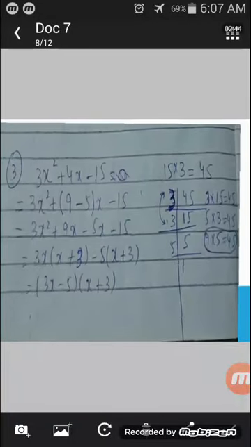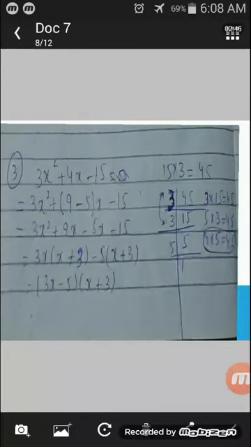Example number 3 is 3x square plus 4x minus 15. First, you multiplied 15 into 3, then the result is 45. Then you choose two numbers in the factorization whose subtraction is 4. When you subtract two numbers whose answer is 4,